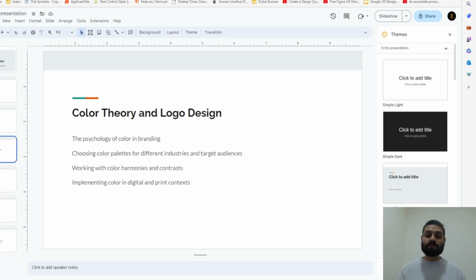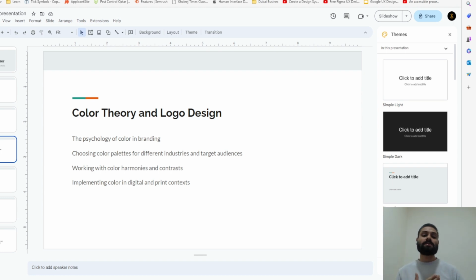And in the next module, we will learn about color theory in logo design. Color theory is related to brand emotion. Generally, there are colors that resemble some emotion. As a logo designer, we need to understand that emotion and the voice and tone of that particular company, and as per that voice, tone, and emotion, we need to use the color that resembles the logo. Both should be aligned, and after that it looks balanced.